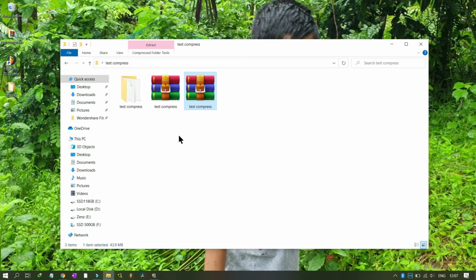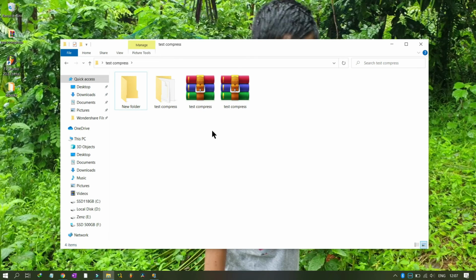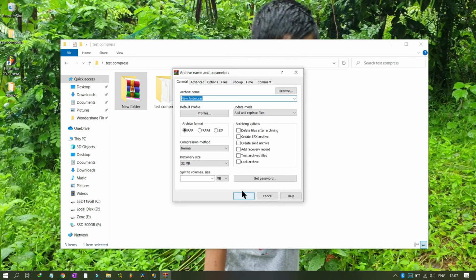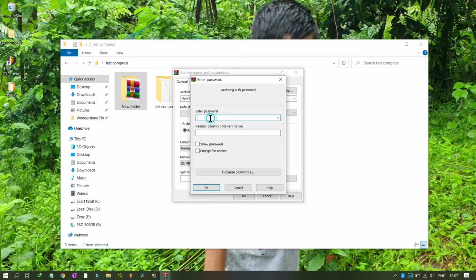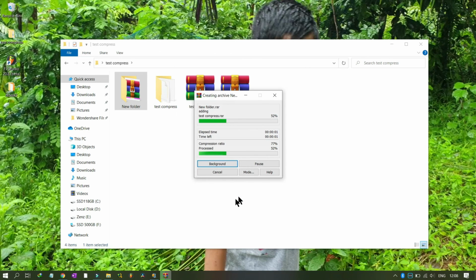What is the way around this? So the way around this is you password protect and compress it 2 times. So let us say I have created a new folder, compress, and I will put this in this. Okay, and you compress and password protect it again. So this is a way around it. So set password, let us say ZZZ, and you say okay.